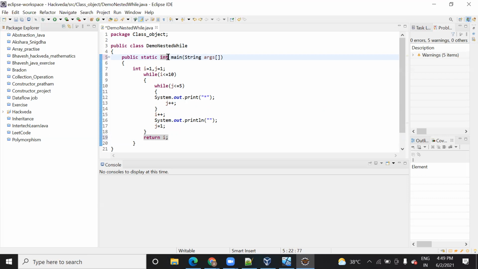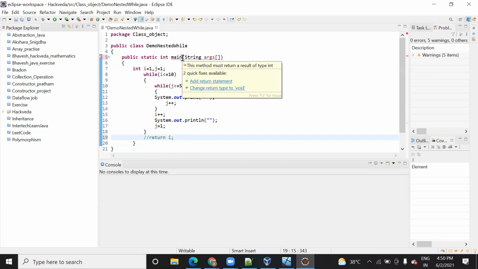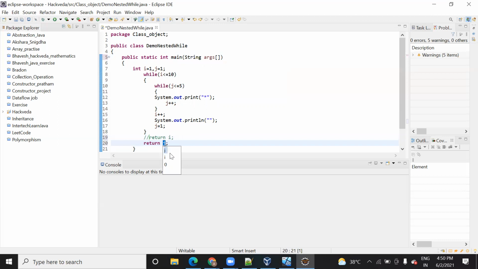Yeah, I understood. You are just printing it and you don't care whether the flow comes back to this method or not, because you are just printing this value. But the return keyword is used when you want the flow to come back to the main method so that you are ready to do another task. You can see when I add a return, at that time the error is removed. But if I comment it, it will give an error here. It will show you that you need to add a return type. And if I click on this add return type, it will add it.